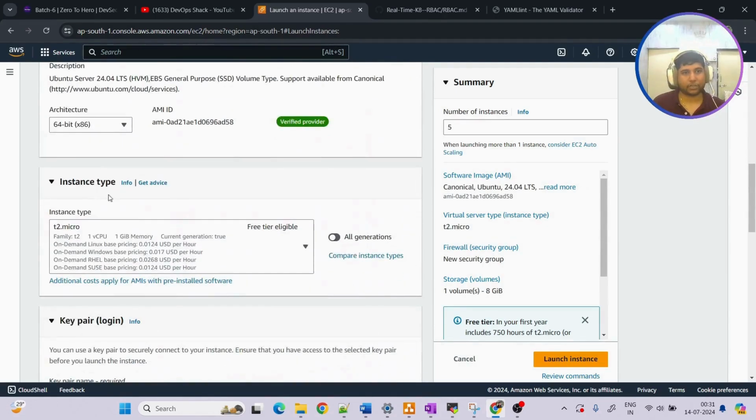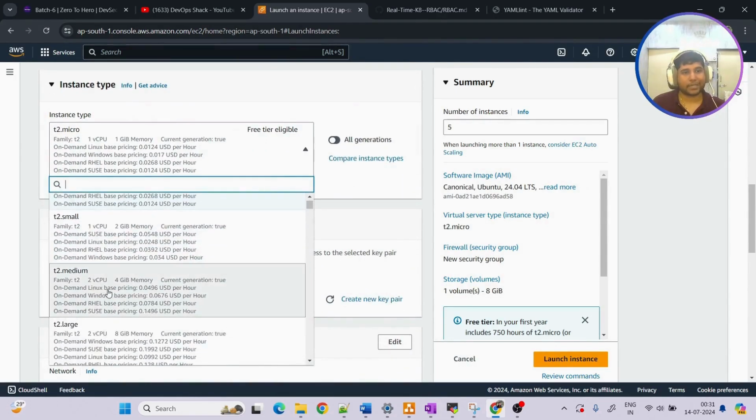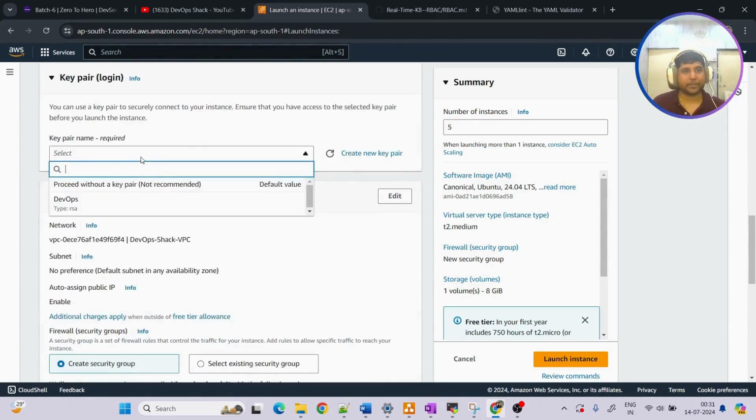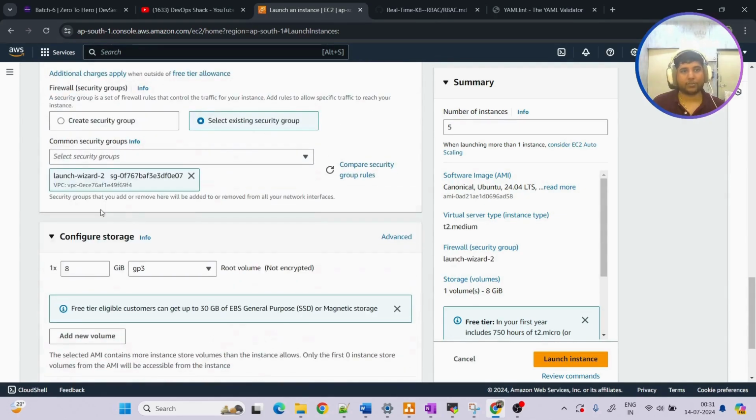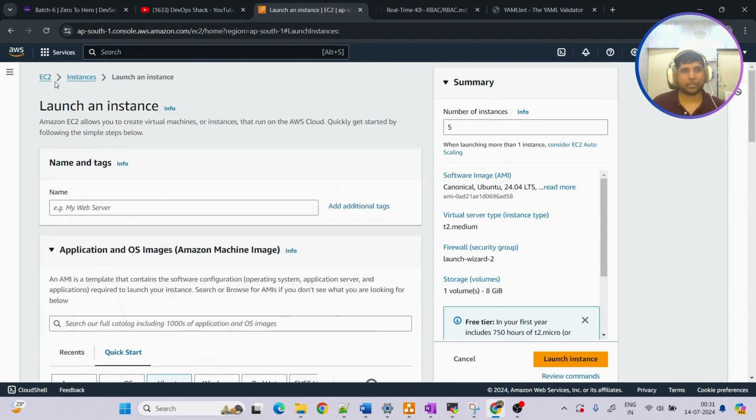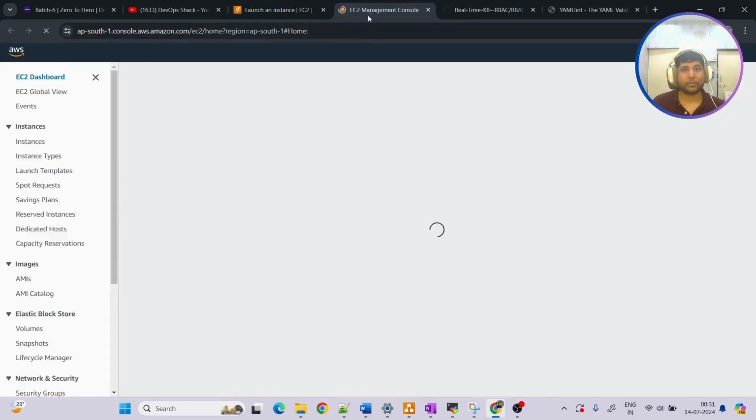Okay. And virtual machine this, and size I'm going to set up T2 medium. DevOps key already having. Okay. And yeah, launch wizard also. Let me just show you the ports that are open on my machine so that you can open the same